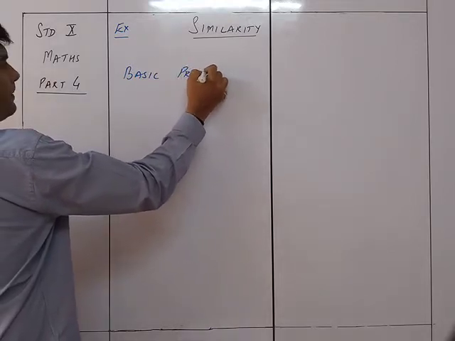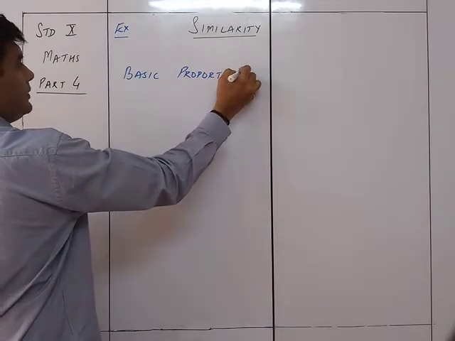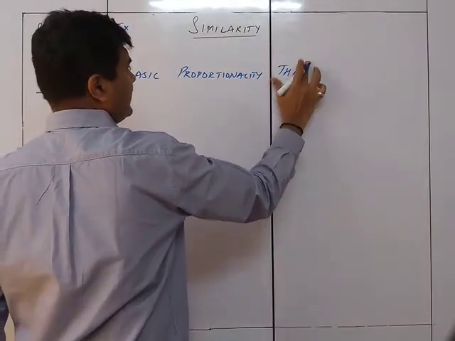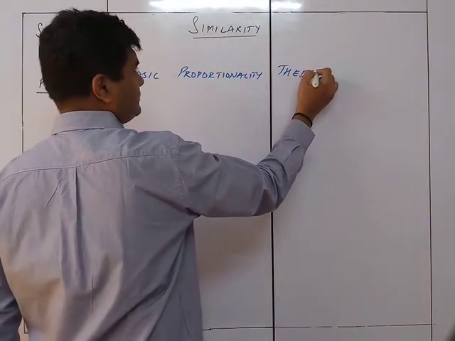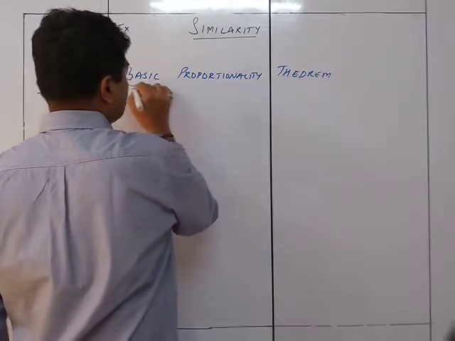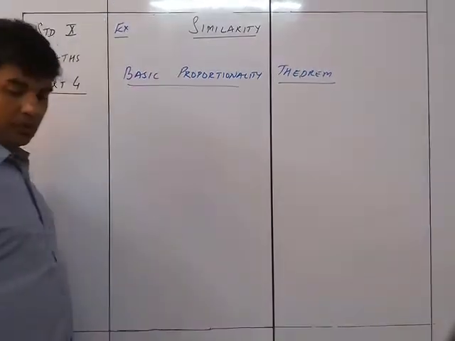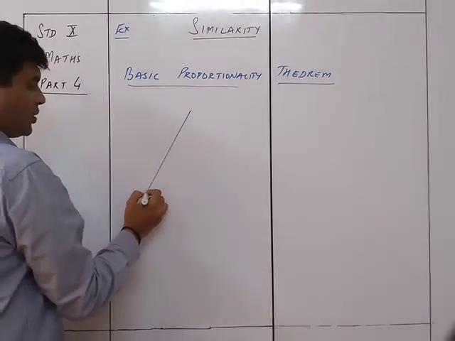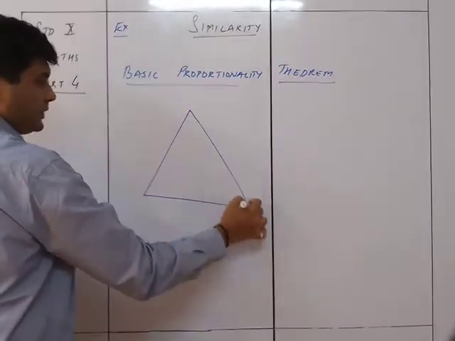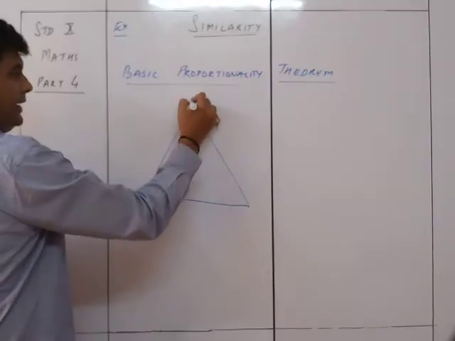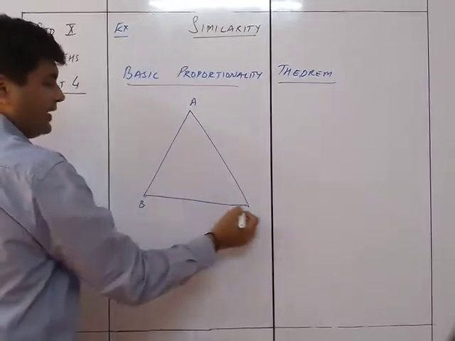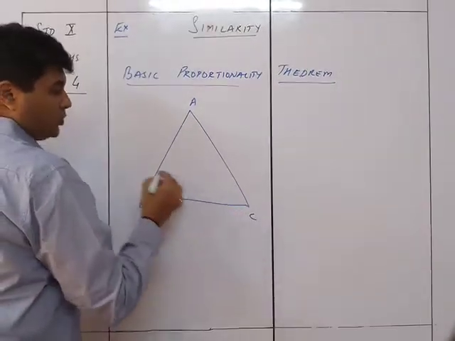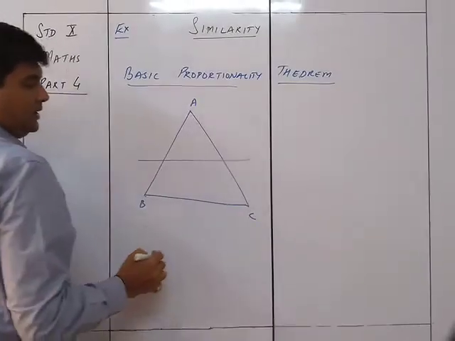proportionality theorem. In short, we can say BPT. So basic proportionality theorem. Let's understand what is basic proportionality theorem. It is this way: if I've got a triangle over here, and in this triangle, if I draw any line parallel to the base, anywhere over here, then the